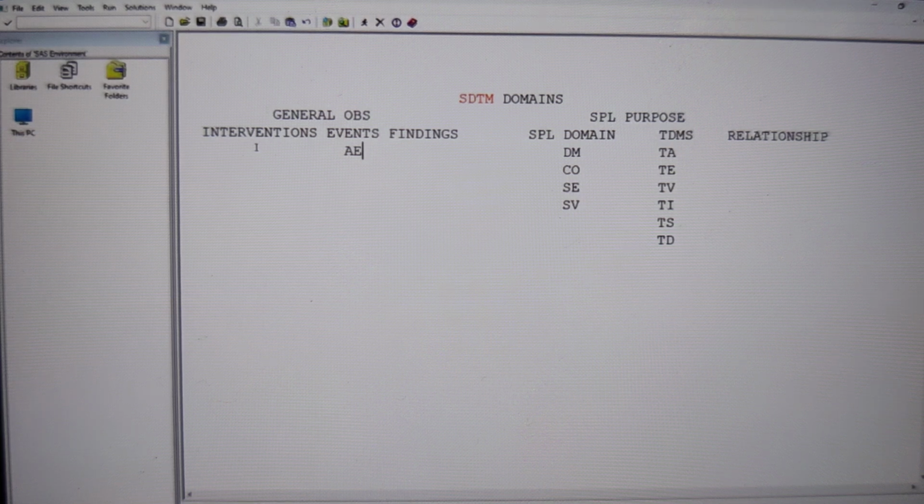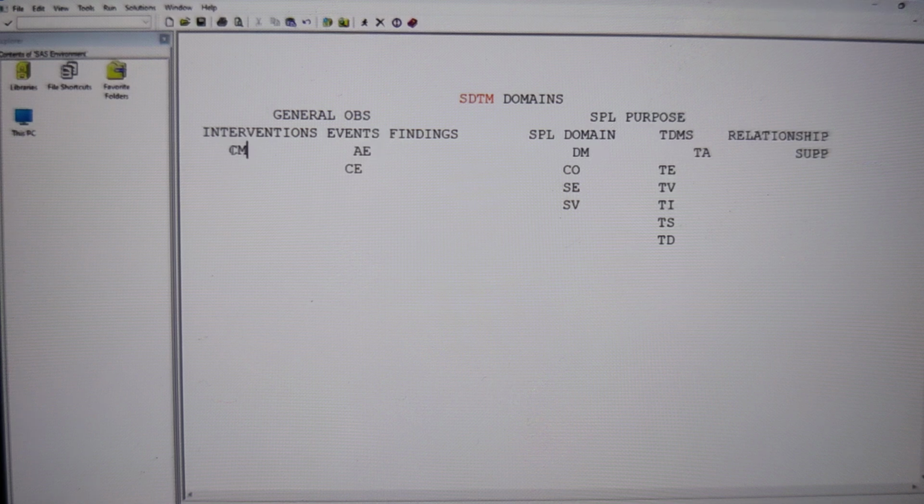We are going to put that information in a supplementary data set, and we are going to send this supplementary data set along with the main data set. Whatever extra information we couldn't put in the main data set, we are going to submit in an additional data set called the supplementary data set. We can create a supplementary data set for any main data set. We can create a supplementary data set for clinical events. Okay? We can also create a supplementary data set, for example, for concomitant medication in interventions.